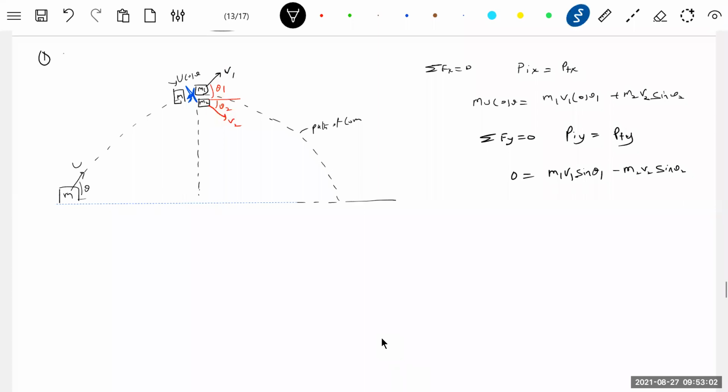The first case, here explosion occurs at the highest point. Okay, that's the one condition. Then, during explosion also some energy will be released here. So if I put it as mu, what is energy released? Initial kinetic energy just before explosion, plus some energy will be released, E0. So what is E0? E0 is the energy released